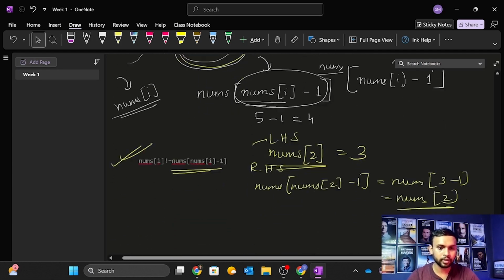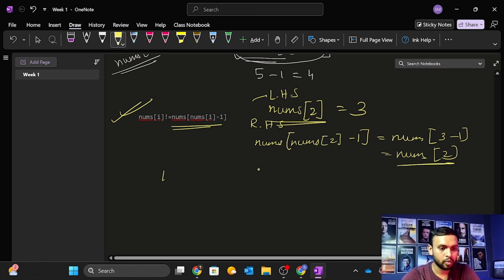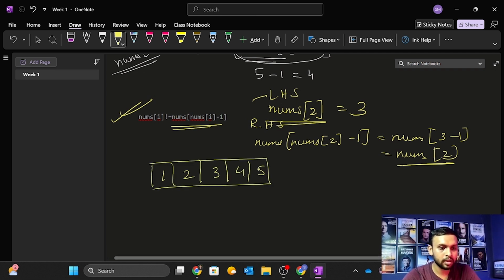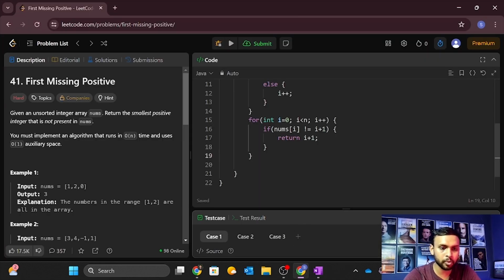1 2 3 4 5, the case where the numbers are 1 2 3 4 5. In this case, at the 0th location I am finding I plus 1, at 1 I am finding I plus 1, at 2 also I plus 1, 3 also, and 4 also I am finding I plus 1. So the first missing integer is basically the size of the array, which is 5 plus 1, which is 6. So at the end of this loop, if we still do not get a return, then we should come outside and return n plus 1, which means all the elements are present up till the length of the array and the next element is not present. That's why